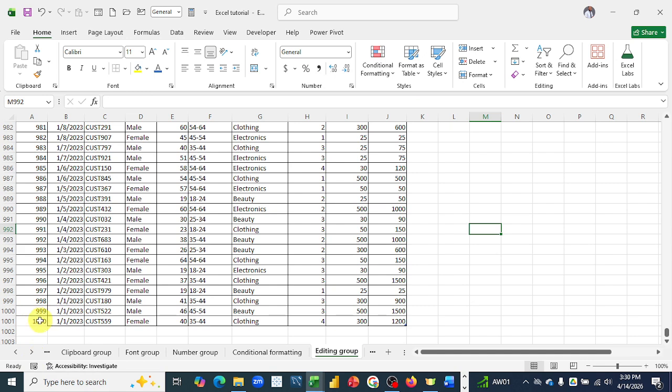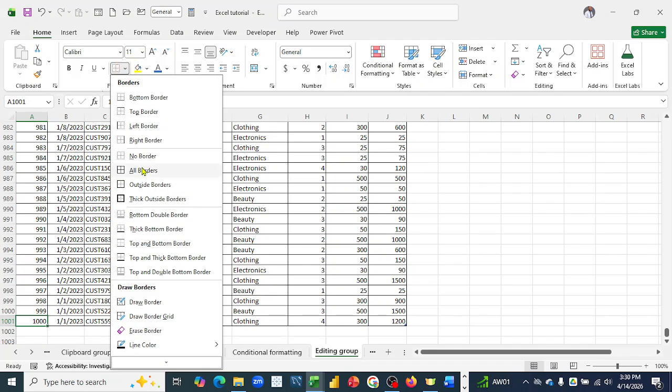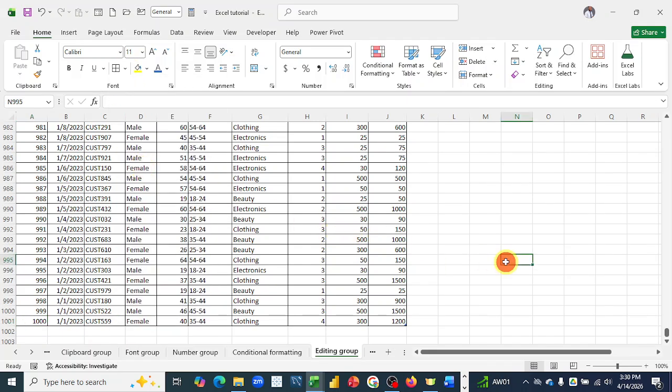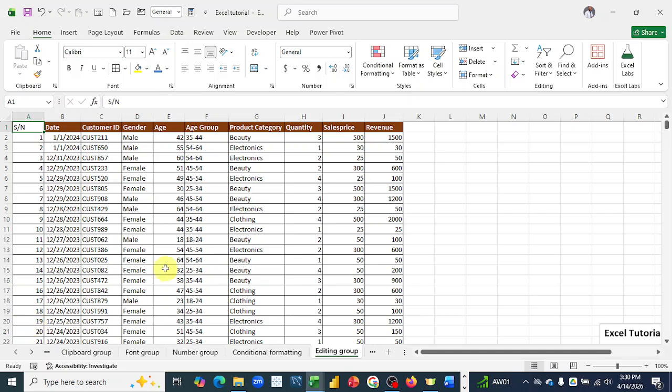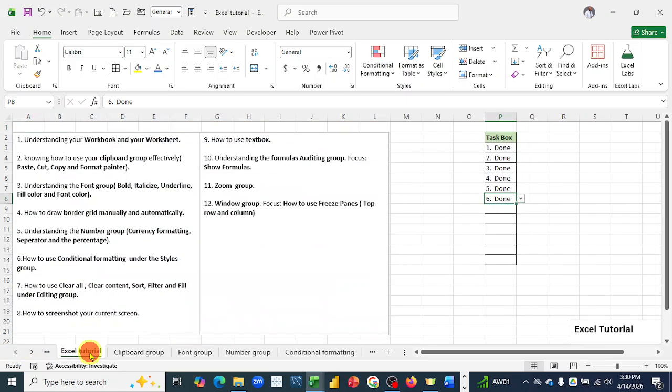So put my border again, then we are saved now, then we are good to go. So we've been able to achieve this as well. So we'll go back to the Excel tutorial sheet, then we mark it as done. So we'll move to 8, how to